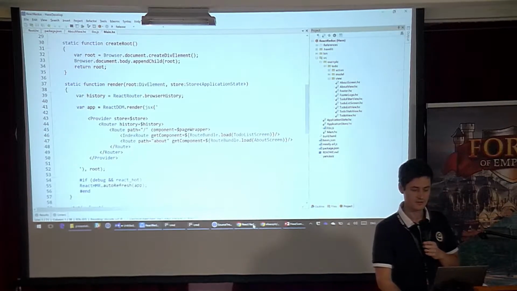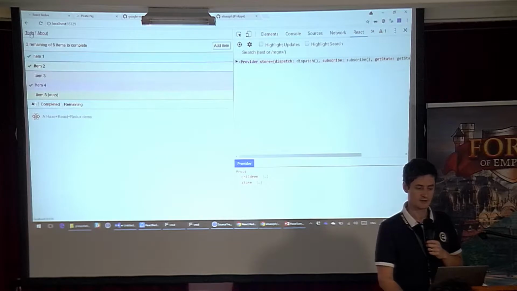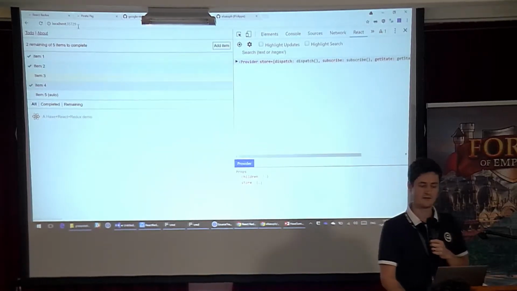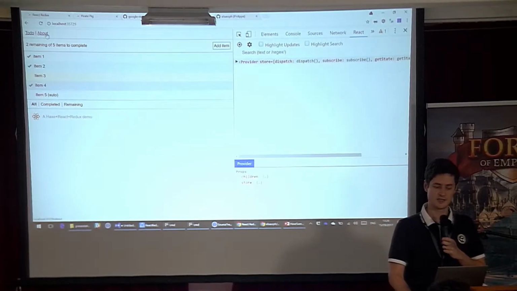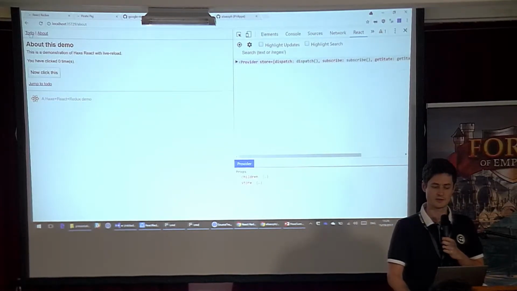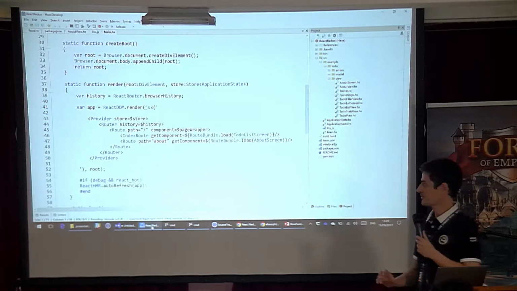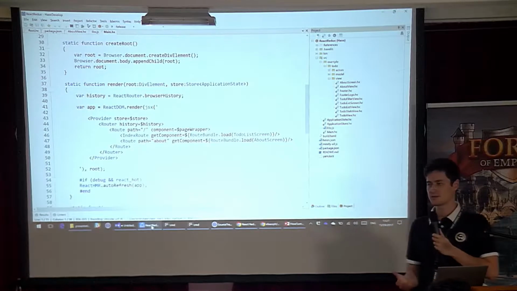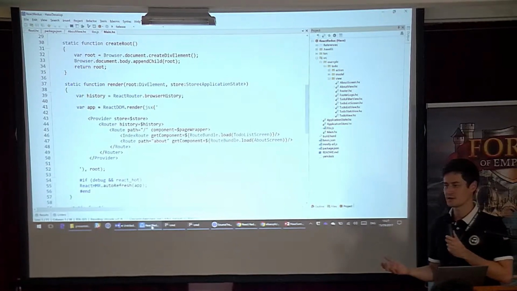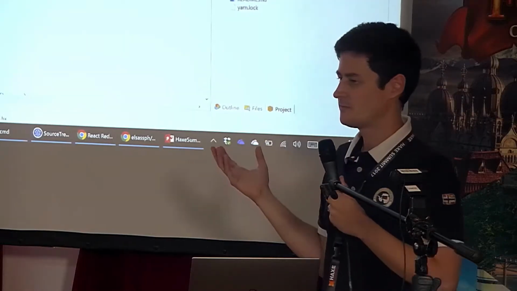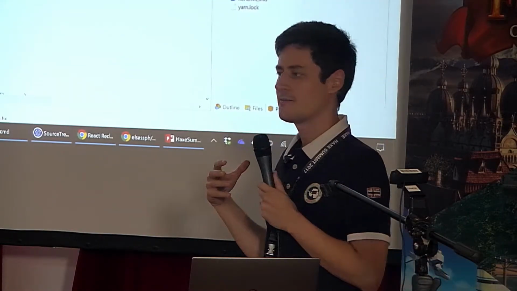So when I was showing you that, there's the to-do list screen and then the about screen, and we can navigate. So that's the index slash, and that's slash about, which is the about screen. And React Router will take care of creating the components and loading the component asynchronously. And by doing that, we can split our application by page. So we will create different bundles. And if I look at the bin output,